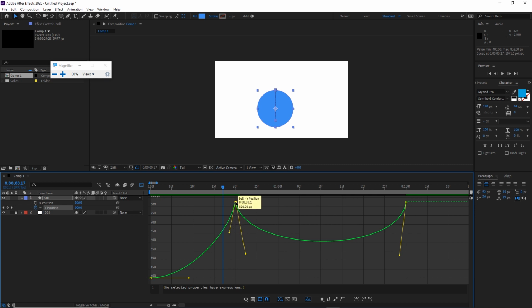Imagine that I go from my keyframe to the bottom, and this triangle should have the same angle as this triangle. Okay, so I do not want one of my handles to be like this and one of them to be like this. I want them to have the same angle in between this point. Okay, I don't want it like this. I don't want it like this. I want this one to be similar to this one. Okay, and